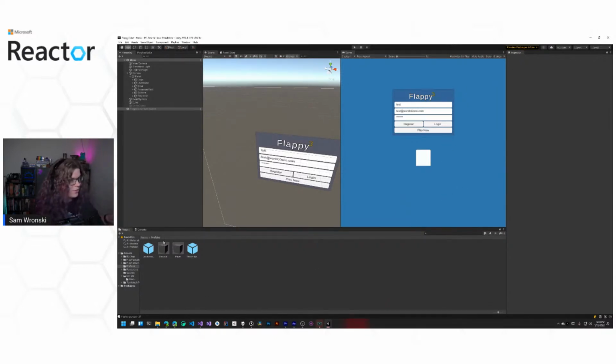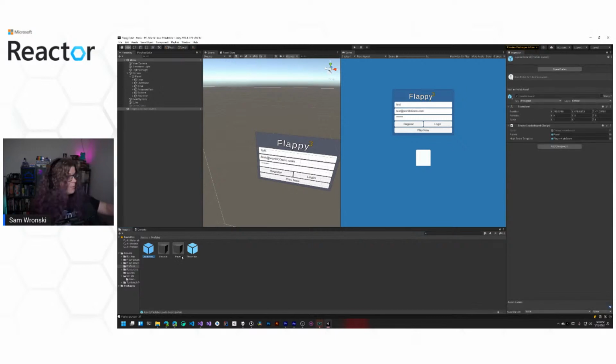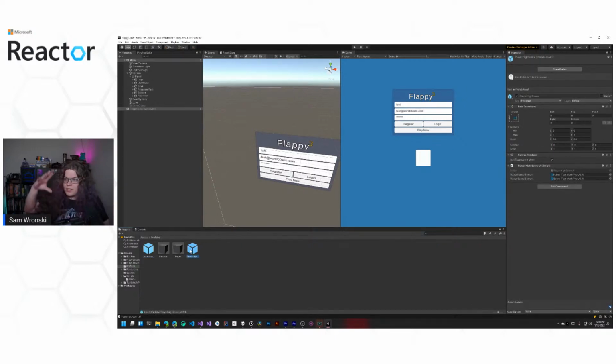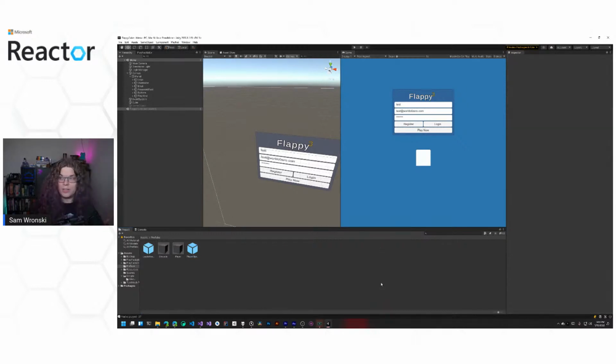There's a few other things that have been added. I added a leaderboard and a player high score prefab. The leaderboard stores the leaderboard, and the player high score is the table row for each player. There's a whole bunch going on here to make all this work, but it's basically relying on the same thing we were doing previously, statistics. You can create player statistics that track all sorts of different things. In this case, we have a statistic for high scores.